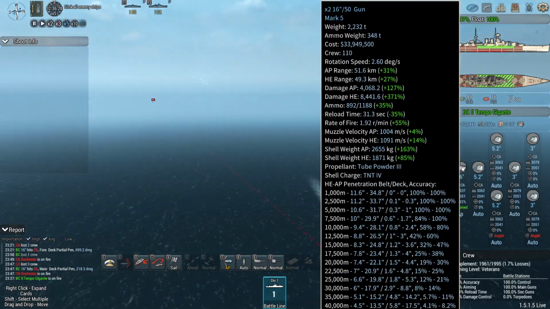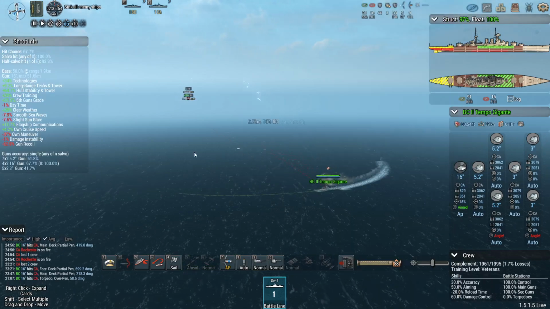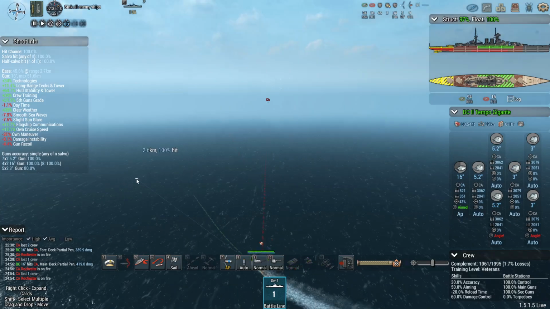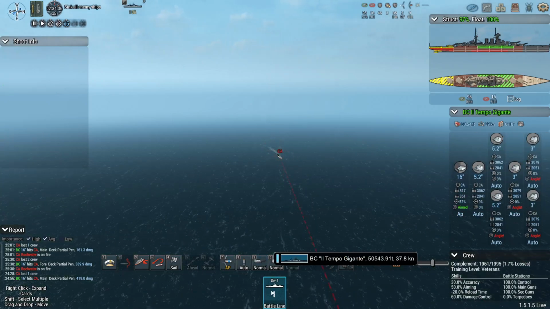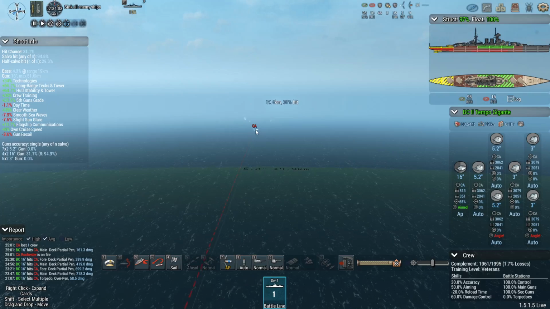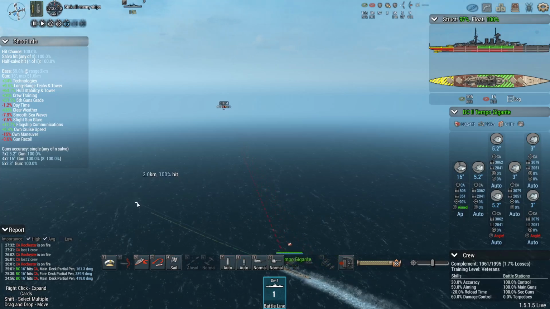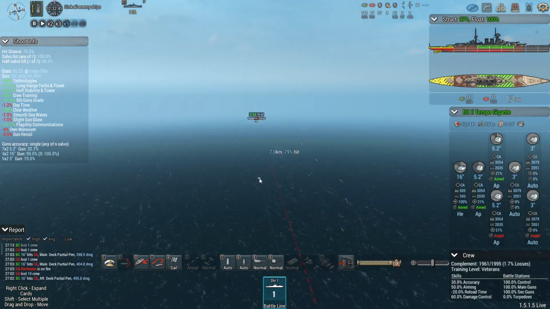So options are either getting further out to go through the deck, or just get closer in and make sure that my hits are on the belt. I think I want to get closer in. I want to show the world that not even the mighty Washington-class heavy cruisers can stand up against the Italian Navy. Although, granted, I do have to bring, apparently, a battle cruiser to do it, but